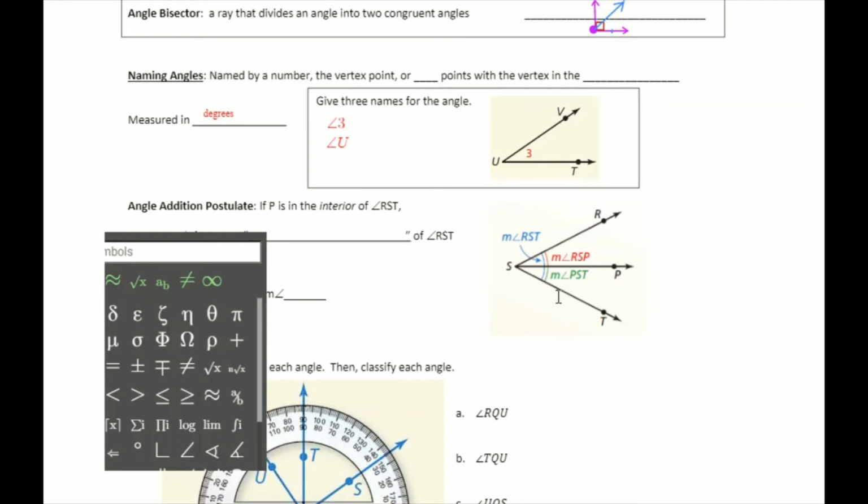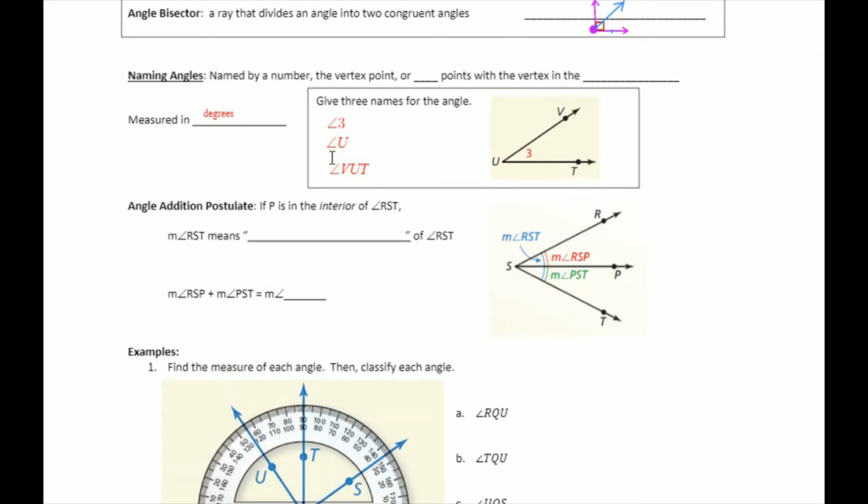So if you do have something like down here where you would not want to call this angle S, the way you would name it is by referring to the other points. So if I want to talk about this angle up in here, you can kind of see what that would be called, would be RSP. The key thing to do is to make sure that your vertex is the middle letter when you name it like that. So if I wanted to name this using those three letters, I could call it VUT,